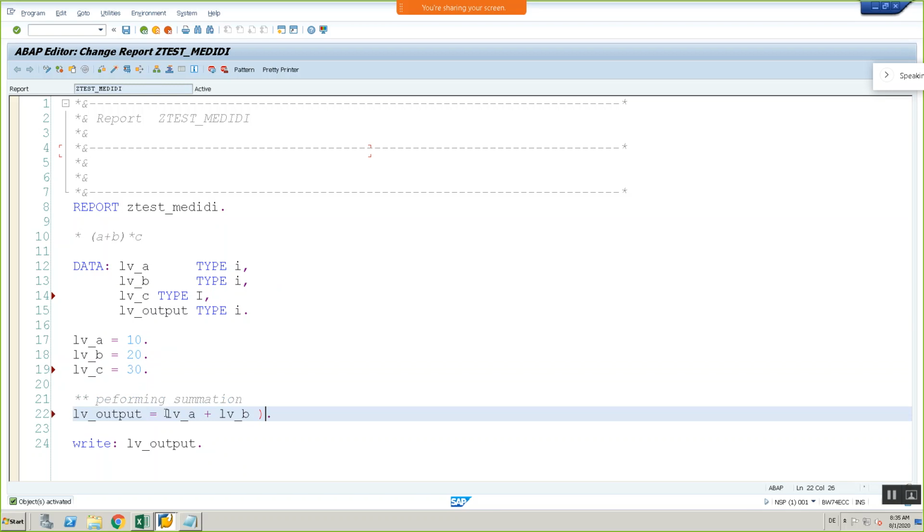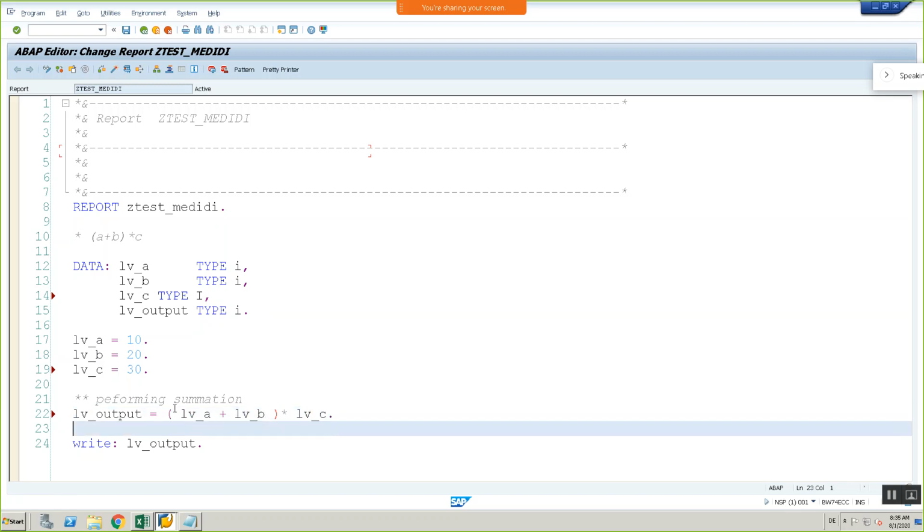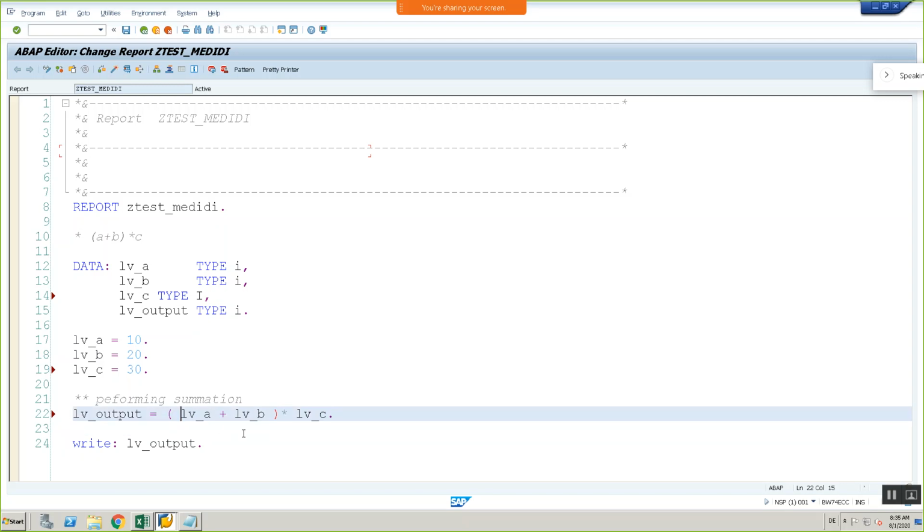Okay, and now I need to perform the calculation with brackets. Why I have taken this example is I want to show you how we define this. Here also specifying brackets is very important. See here, when I am keeping brackets, a plus b into c, everywhere I need to keep spaces.